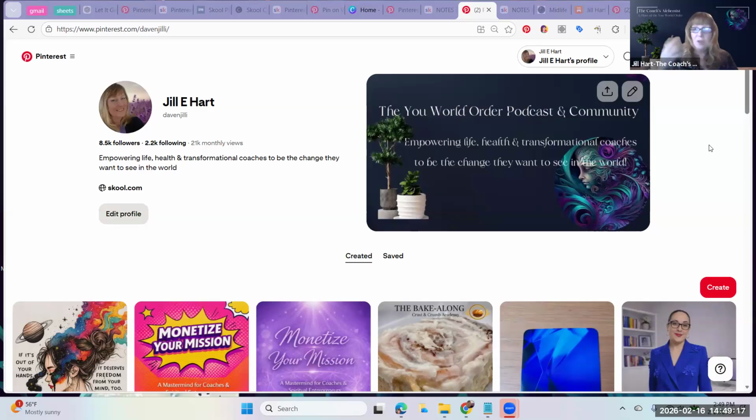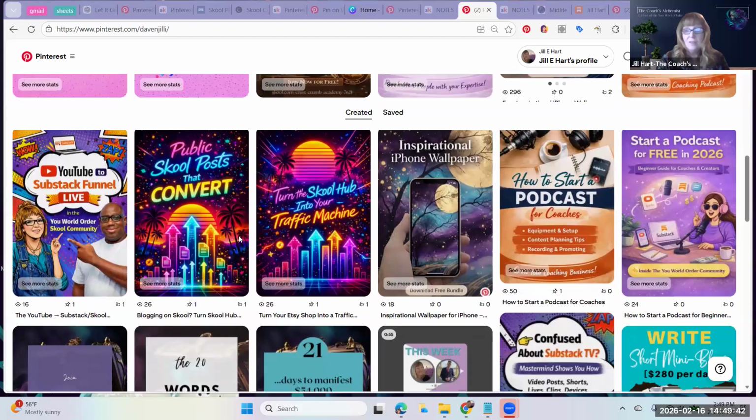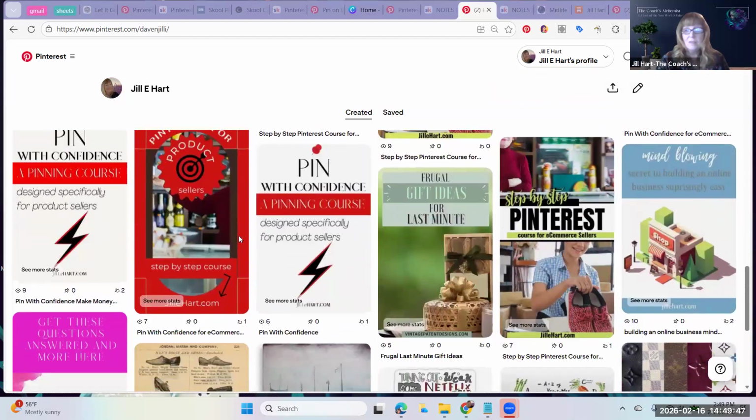You just keep posting pins on Pinterest, and when you come across shareable, pinnable content, you share that. Eventually you're going to find momentum happens on a couple of your pins, and it'll start generating clicks. You can see down here some of my older pins.